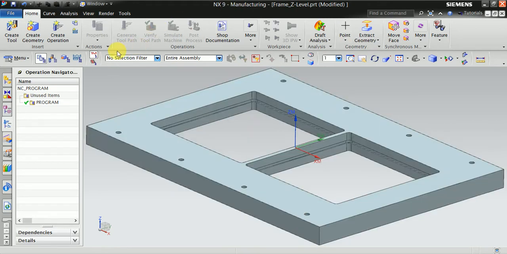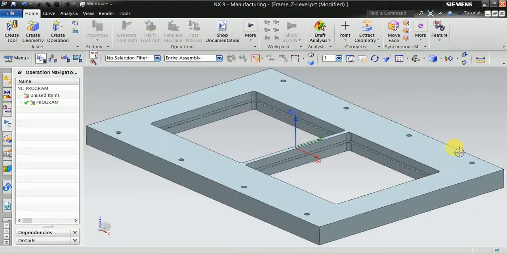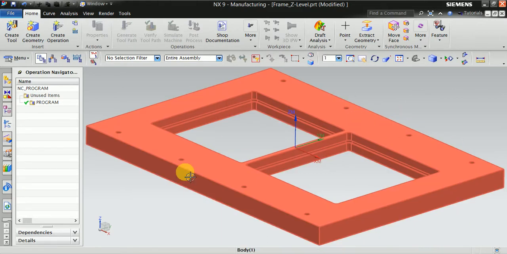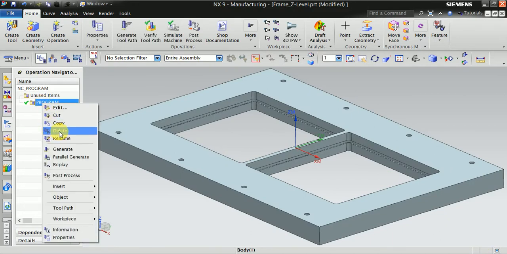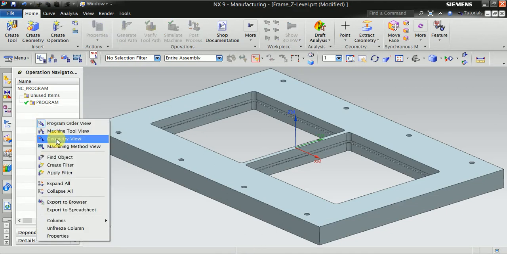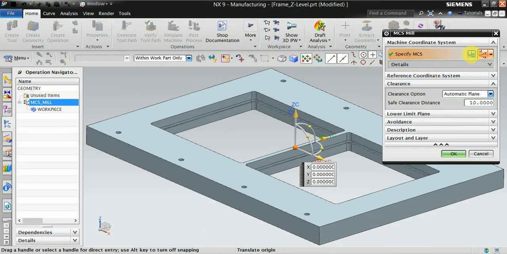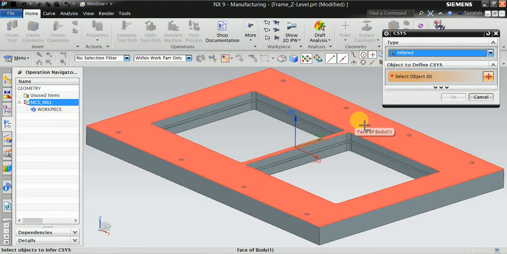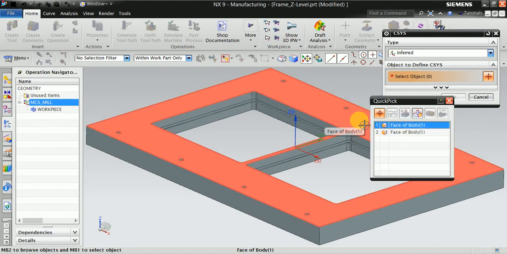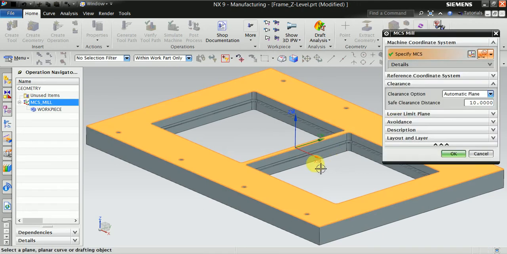Now you can see here the machining MCS is placed here. Randomly you can move the model, and the MCS is at a different position. First of all we make this at the center of the model. Now select geometry view, MCS mill, click on this. Select M4 and now select the top face of the model. Select. Now the MCS is automatically placed at the selected face or model center.